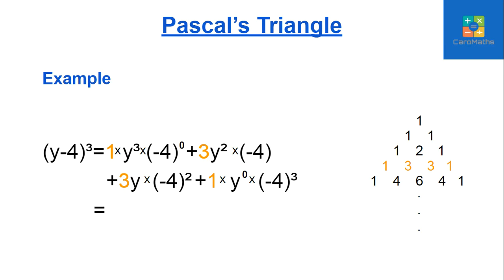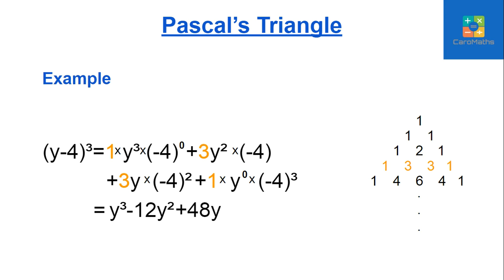So the first term, we get 1 times y cubed times minus 4 to the power of 0, but minus 4 to the power of 0 is just 1. So we're left with just y cubed. The second term, we've got 3 and minus 4. Well, 3 times minus 4 is minus 12, so it's minus 12y squared. The third term, minus 4 squared, so we've got minus 4, which is a negative number, but it is raised to an even power, so minus 4 squared will be plus 16, and 16 times 3 is 48,